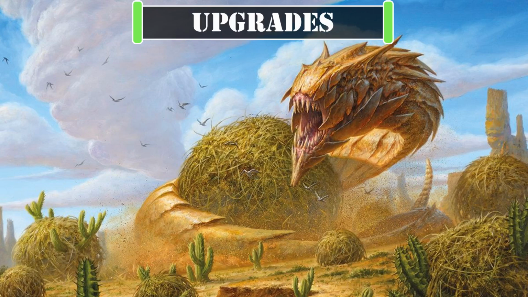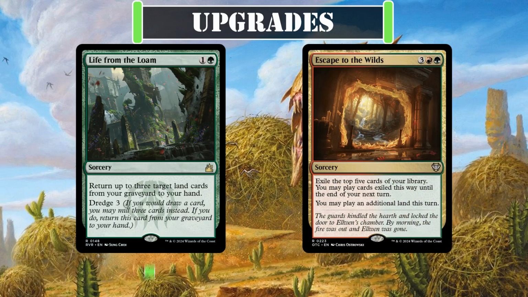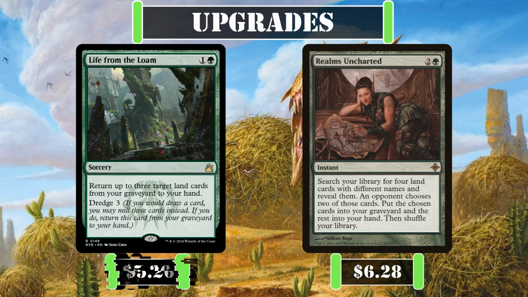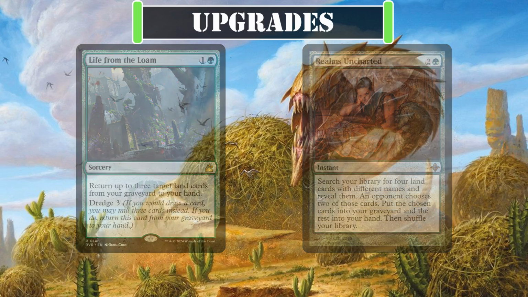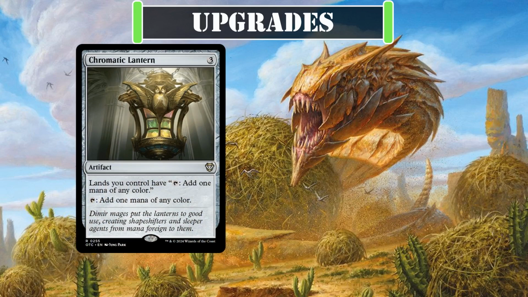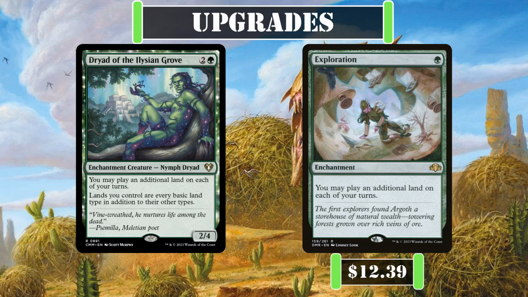Now, if we want to add even more upgrades by going over budget, we can perform a modest upgrade by replacing Magnetic Insight and Escape into the Wilds with Life from the Loam and Realms Uncharted to give us even more ways to get lands into our hand and graveyard, exchange Chromatic Lantern and Valorous Stance for Dryad of the Elysian Grove and Exploration to let us play even more lands per rotation by opening up our wallets even further,